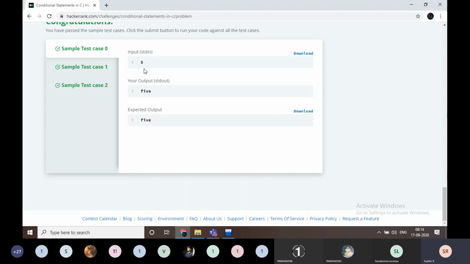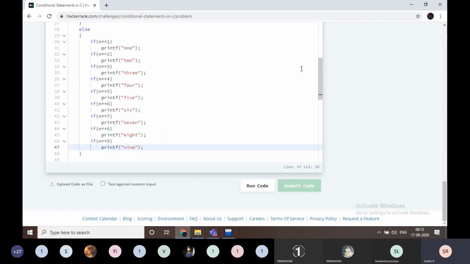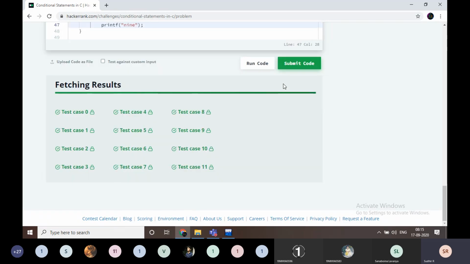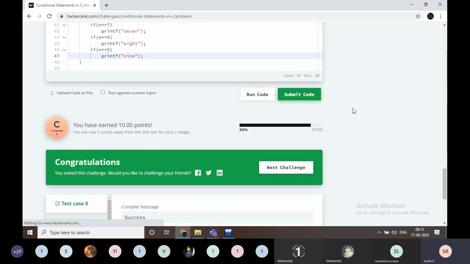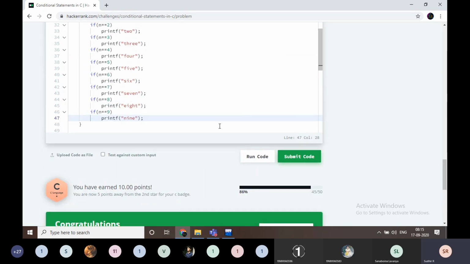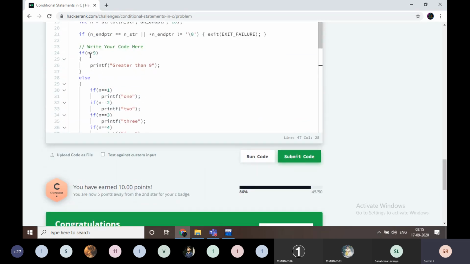Just look here. All the sample test cases are true here. If I click on submit, all the cases are passed. Okay, that's it. Very simple. If n is greater than 9, I print "Greater than 9".